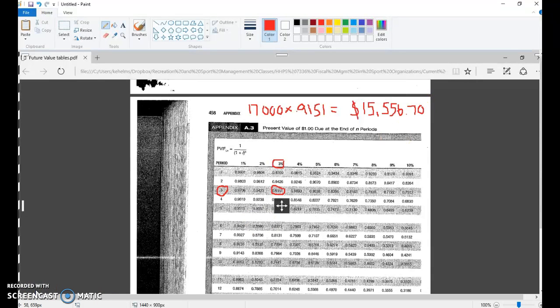And what that figure means is that is the present value of $17,000 3 years from now at a